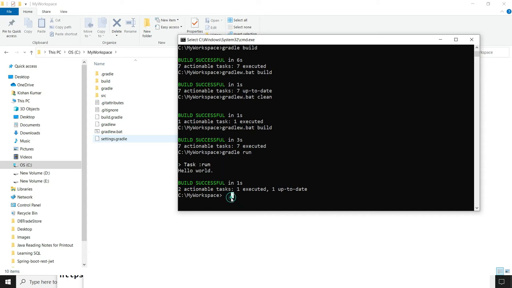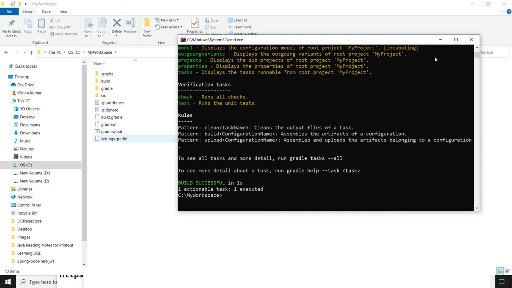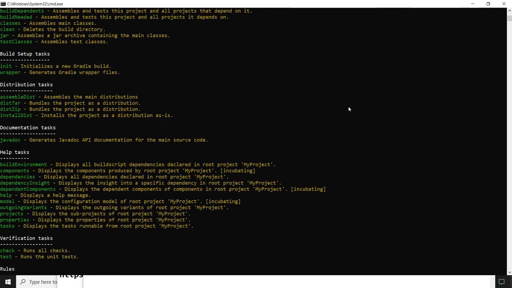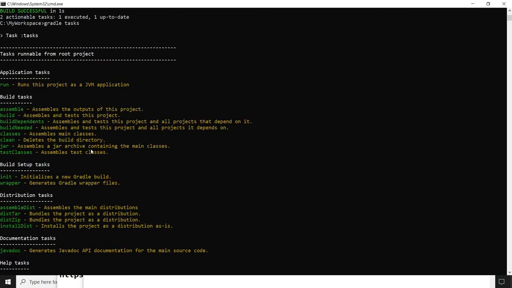Now there are some commands like gradle, and I would write tasks. This will list out all the existing tasks. Here you can see there are a lot of tasks, and those tasks have been categorized. The first category is called application tasks.